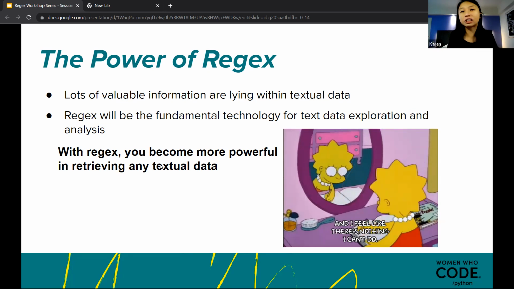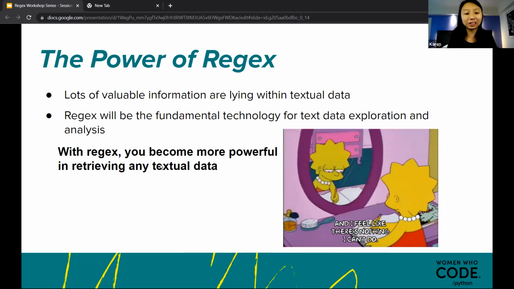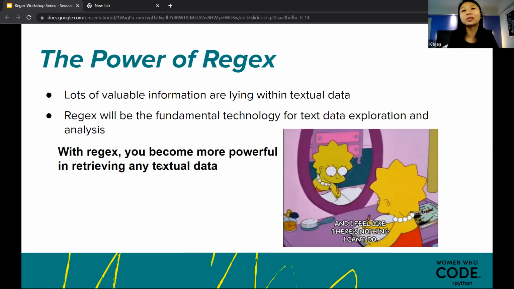So textual data, especially if any of you are very interested in data analytics, this is the way you should start. I'm being very honest, it's a lot more rich in terms of information, and very valuable, speaking from personal experience. Regis is like the new oil within the data lake. With textual data, Regis can help you find more insight, so with Regis you become more powerful on textual data.